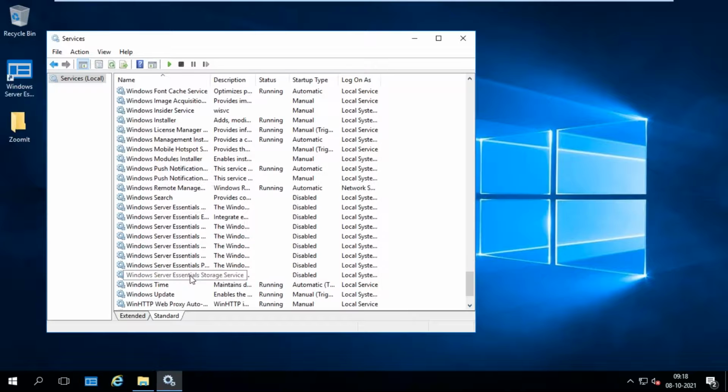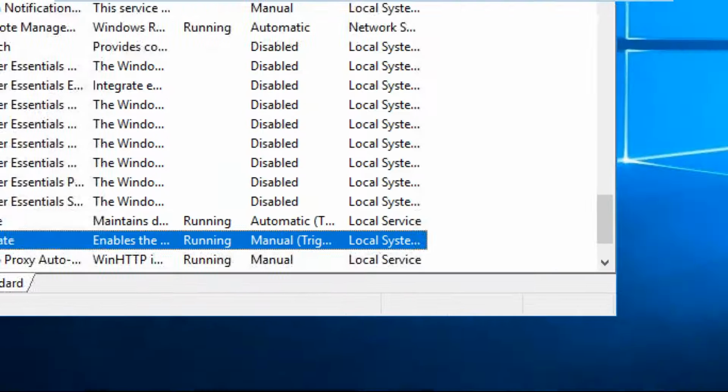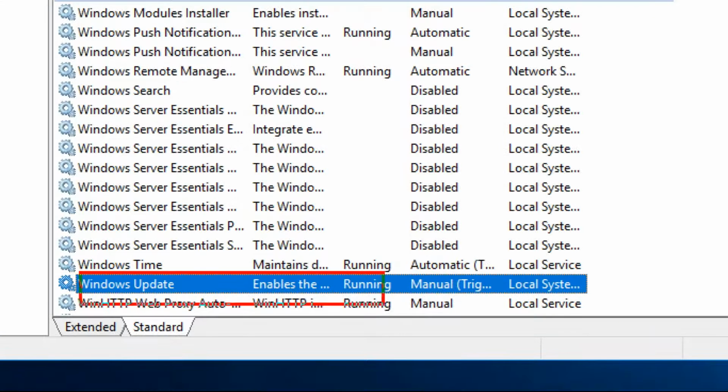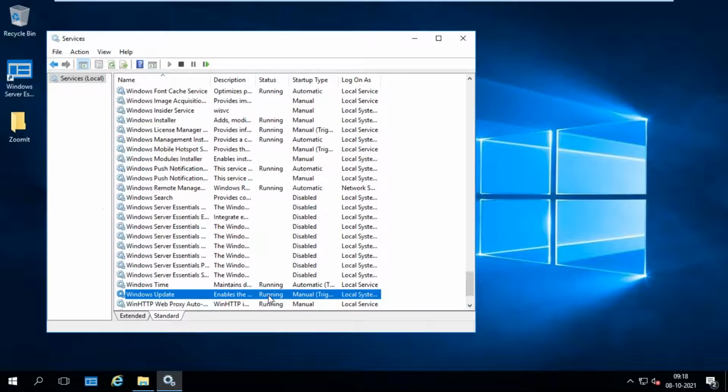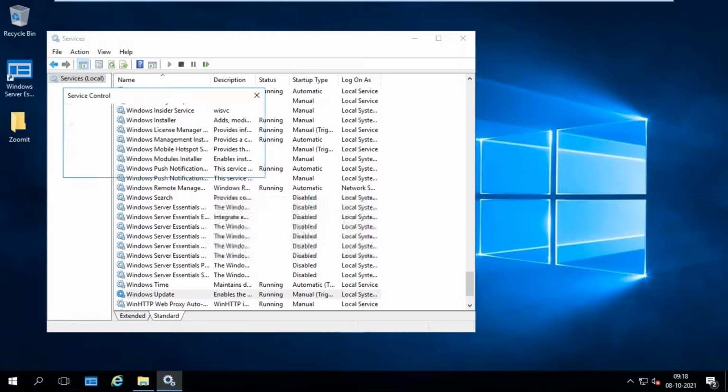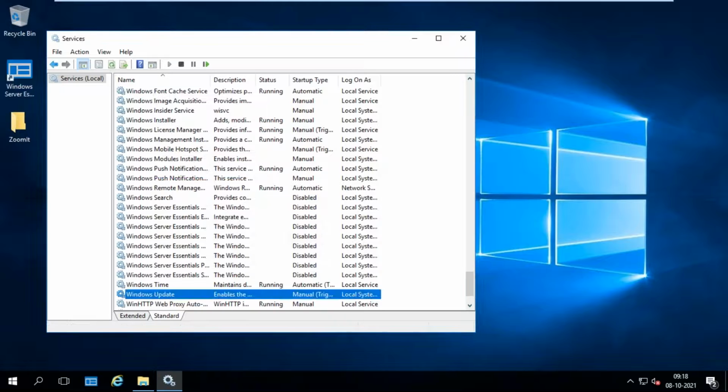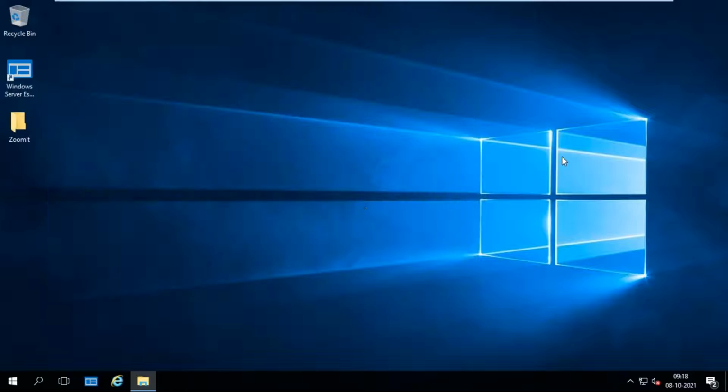Yes, Windows Update. This is already running. You observe here. We are going to stop that one. Right click on it. Stop. Okay. Now everything is fine.